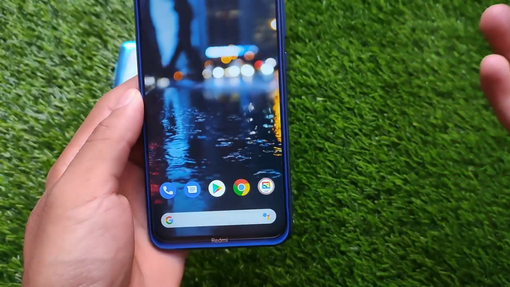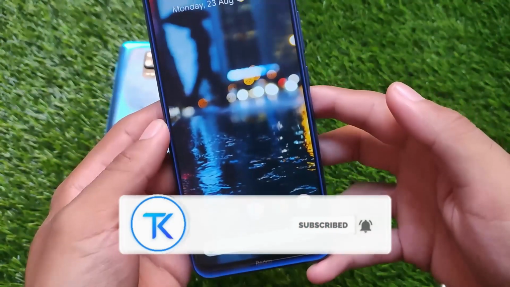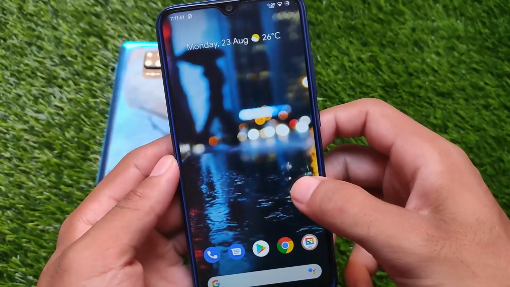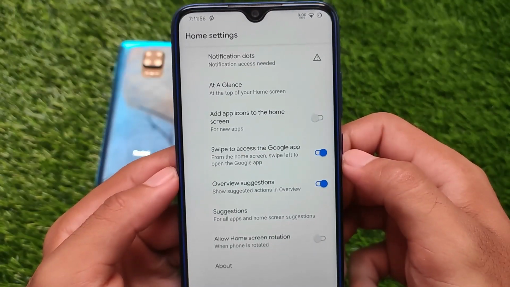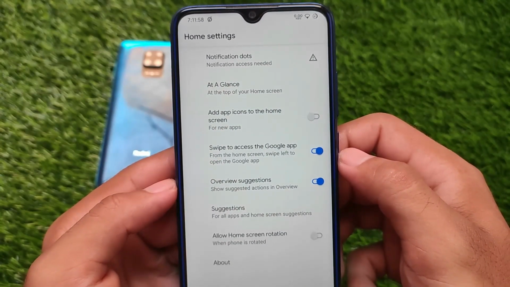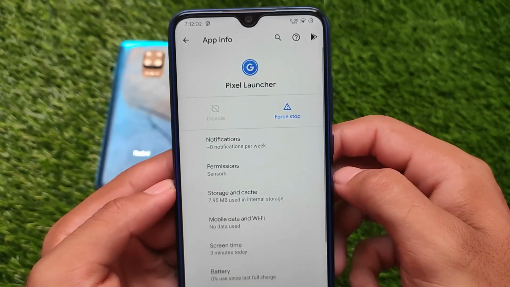I'm going to share with you a very interesting Magisk module here. If you're using any AOSP based custom ROM like Lineage OS or a very simple minimal custom ROM which does not include the pixel things like the pixel launcher and etc., you can install this module. This is called Pixelify, where you get pixel launcher and all the pixel goodies.